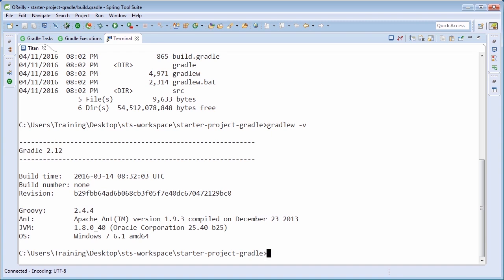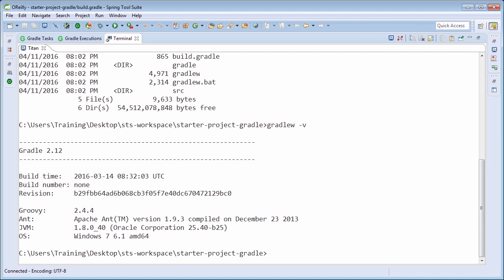And that's because we specified that version within our wrapper. When we use the Gradle wrapper, we can execute Gradle commands from the root of our project. And remember that each wrapper is tied to a specific version of Gradle, so everybody building our project will have